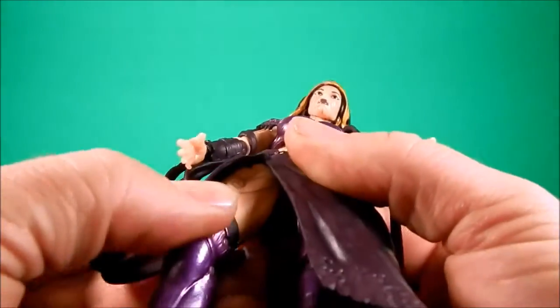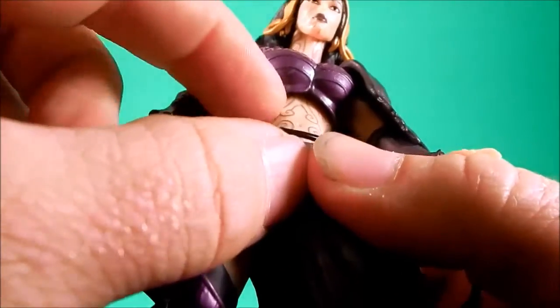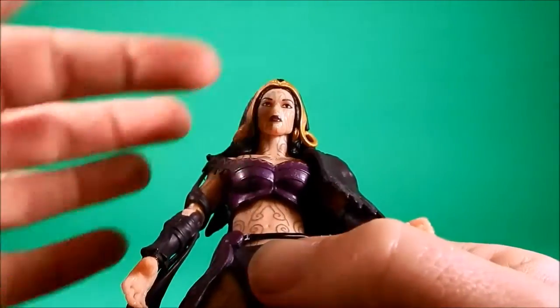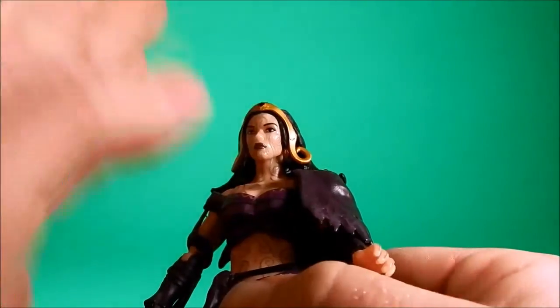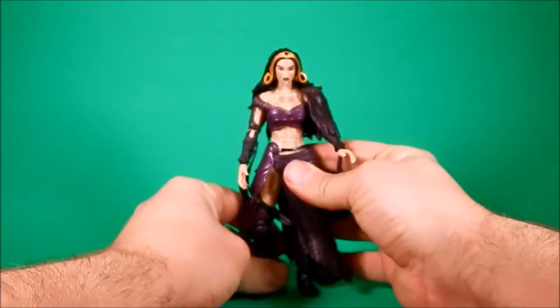In fact, the tattoos are a bit sculpted into the skin, so it's not going to be just an easy cleanup if you want to use this for customs. It's in her face too. You can kind of see that it's indented into the skin. So not going to be easy custom fodder, even though, man, she reminds me of Polaris